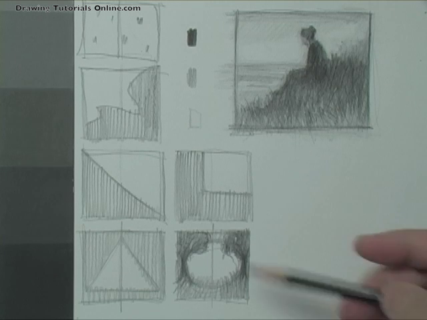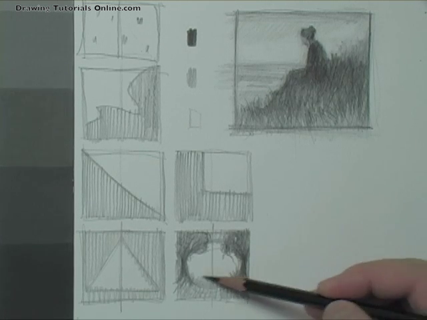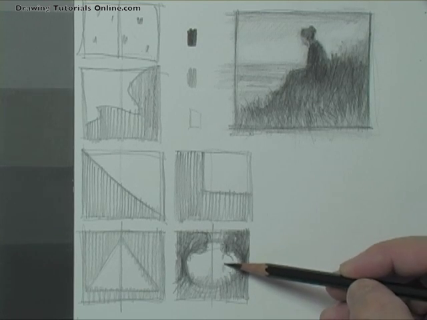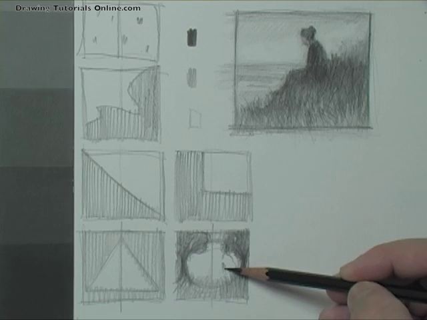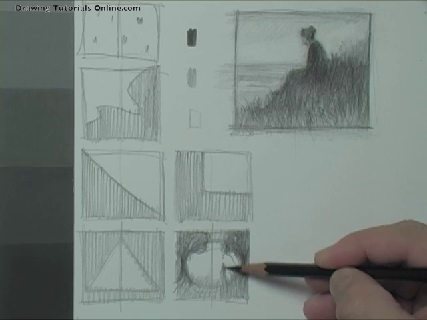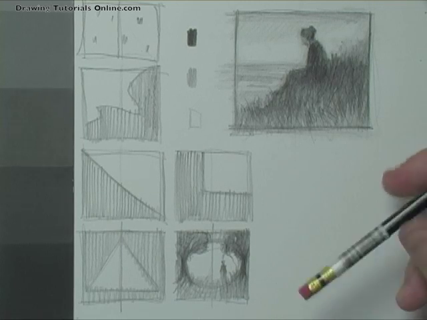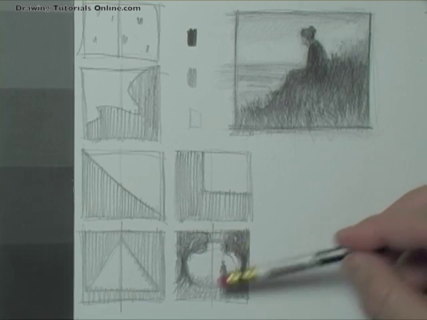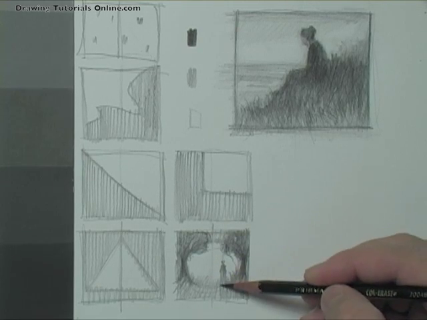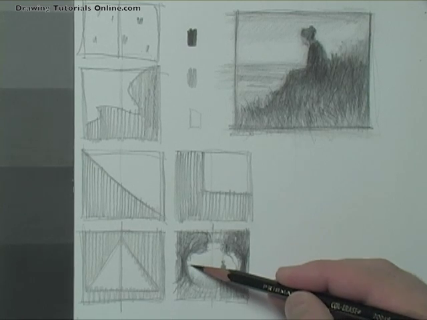Okay, here we go. Now, we could have a very symmetrical composition, or we can have a non-symmetrical composition. So we can put somebody right over here, almost as if they're waiting. Or they're looking off. Let me get rid of that center line. They're looking off, and off into the distance could be